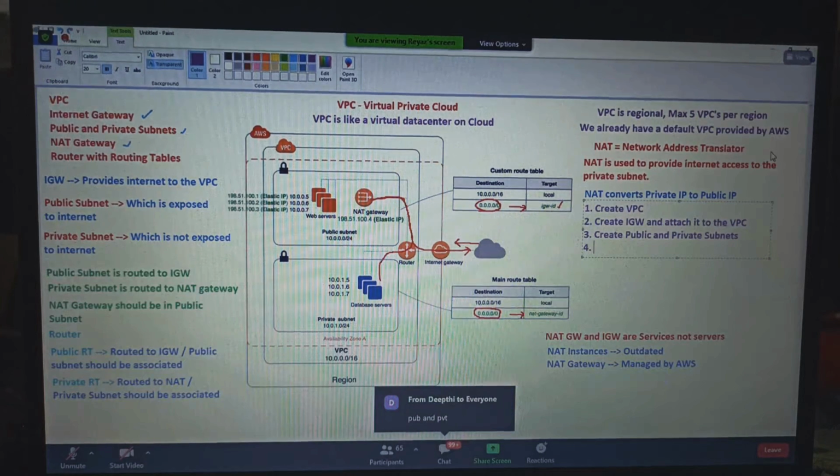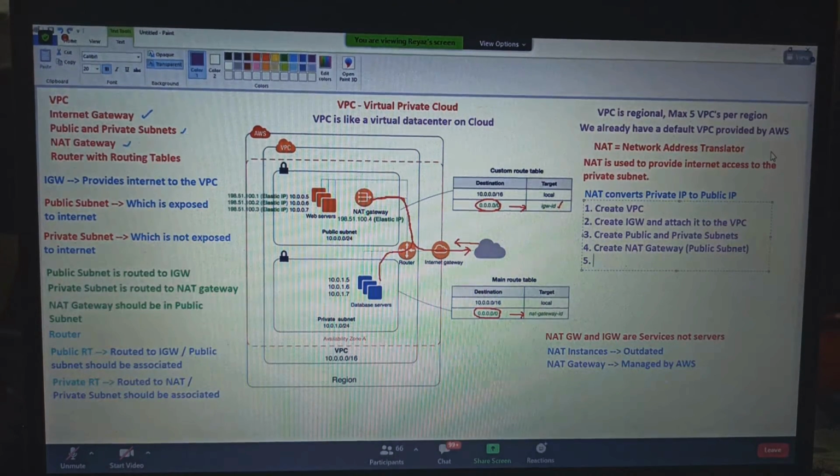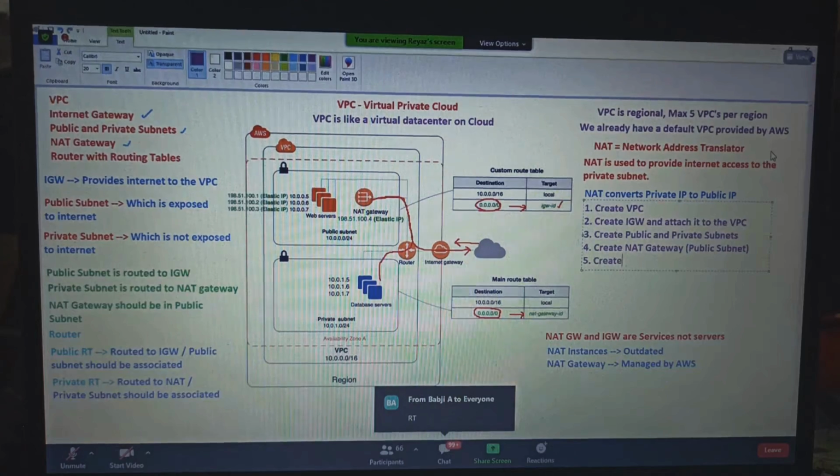Number 4. We need to create a NAT gateway. Tell me, NAT gateway should be placed in which subnet? Public subnet. Next, number 5. And after creating NAT gateway, what we need to create?